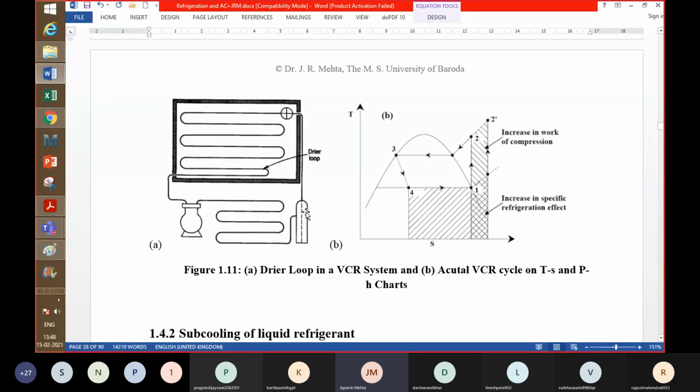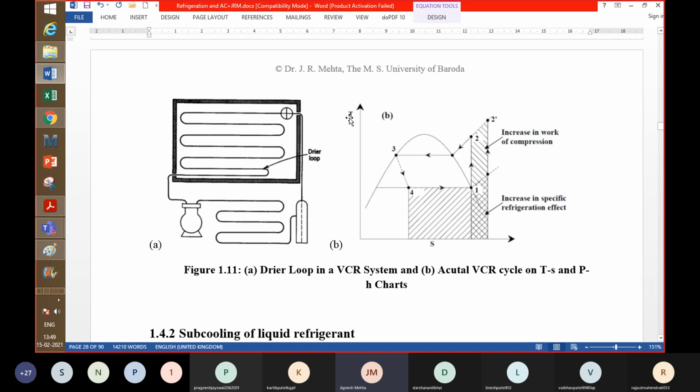What is shown here is the compressor, and then this is the evaporator, and the complete evaporation occurs. But then there is an extra line provided here called the dryer loop. Let's say this is producing -20, and you are increasing the temperature in this dryer loop. So it's completely evaporated by the time it enters this last loop. So now the temperature will increase. Let's say it is allowed to increase from -20 to 0°C in this dryer loop.